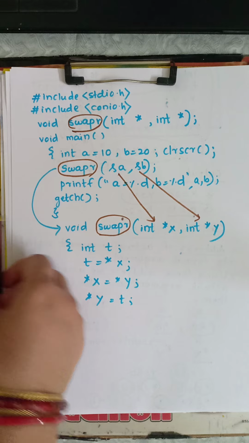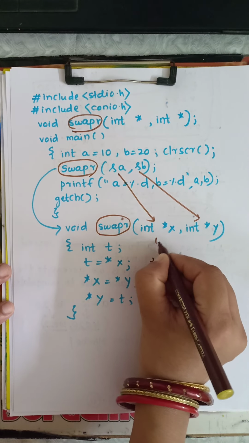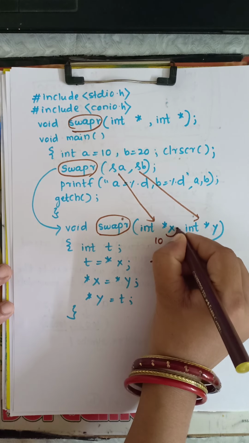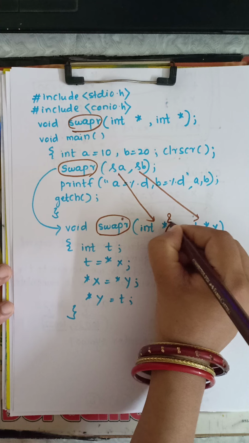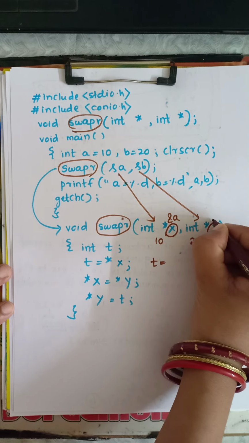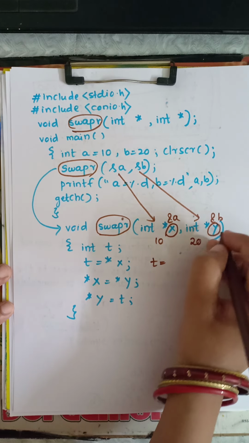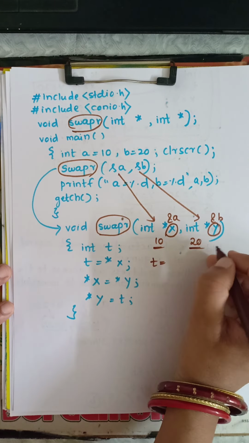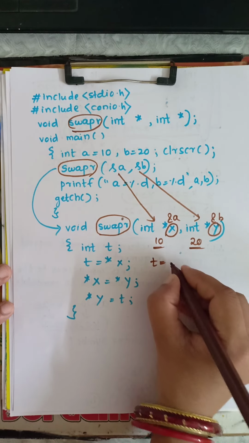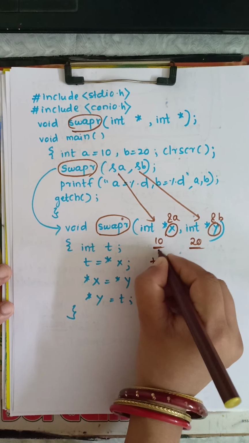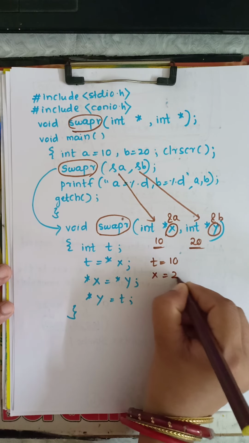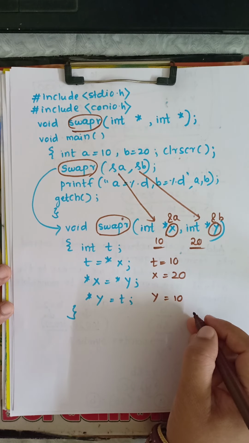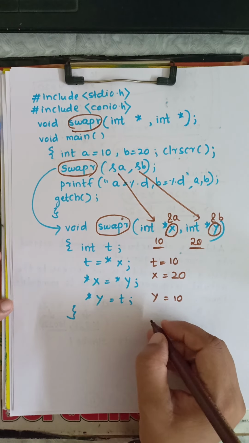Okay, so here the values are displayed. So t equals, what is the value here, 10 and 20. Because x equals the address of a, y equals the address of b, we pass the address. So I use t equals asterisk x, which is 10, and asterisk x equals asterisk y. Now we are using the asterisk values here. So t equals 10 first, the x value comes here, now x equals 20, and in this line y equals 10. So after this line, what is my output?